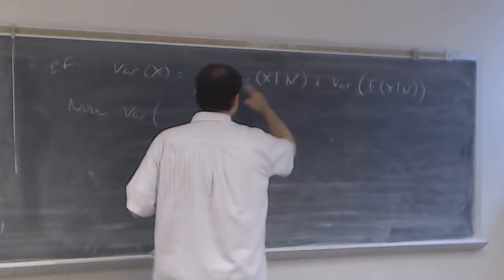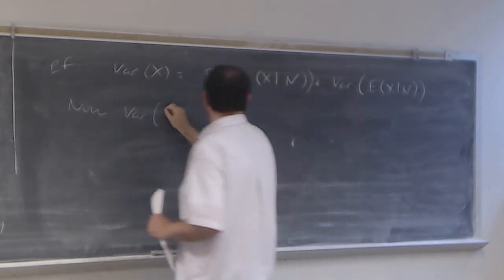We'll look at this part first. The variance of x given N,